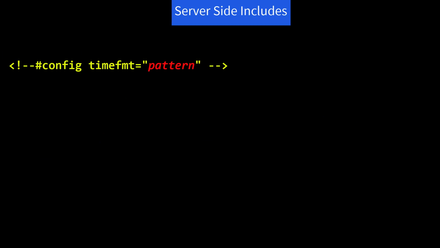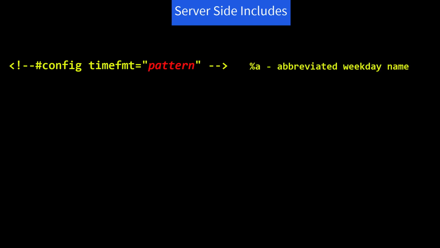And by current file, I mean the file that contains these statements. For date-time values, you can specify the format you want to display using the config directive, <!--#config timefmt="pattern" -->. Now the pattern here consists of predefined variables separated by literal characters such as words, space, slash, comma, and so on. The most useful variables are